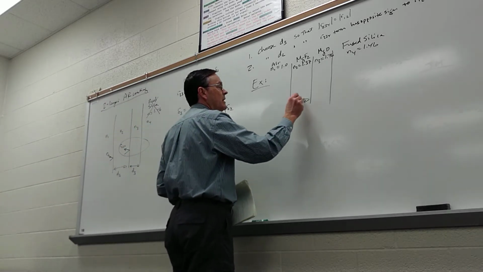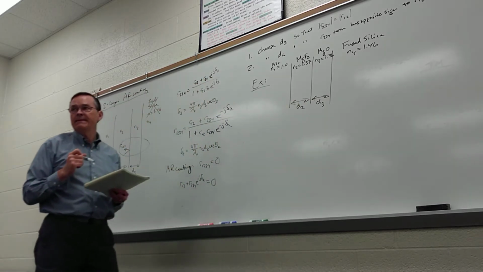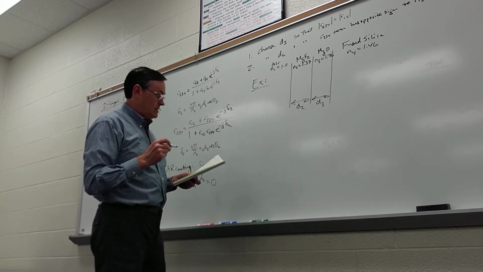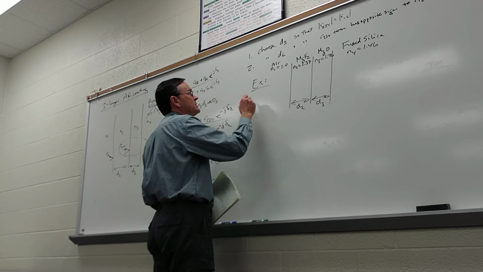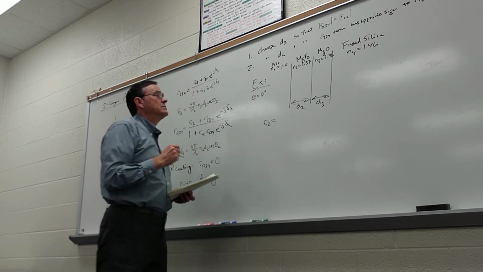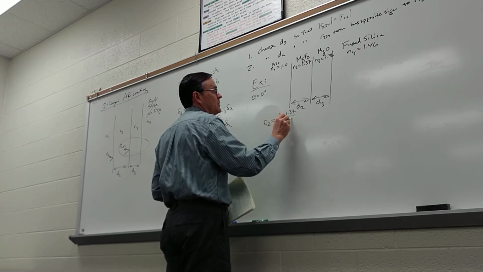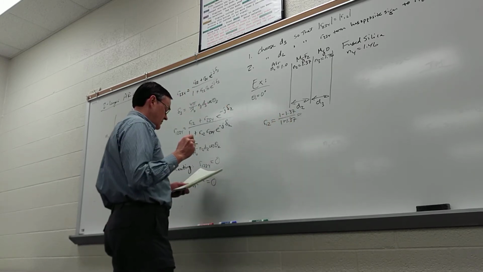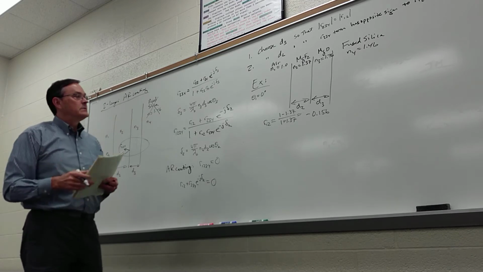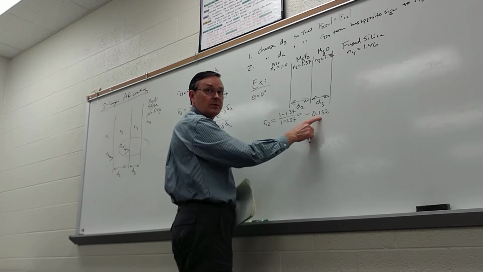So that's the system we want to use. And now we just need to figure out, first of all, what is D3, and then what is D2. To figure out D3, we want to do this for normal incidence. First we note that R12, if we calculate that, 1 minus 1.37 over 1 plus 1.37, gives us a value of minus 0.156. So we want the magnitude of R234 to be 0.156.